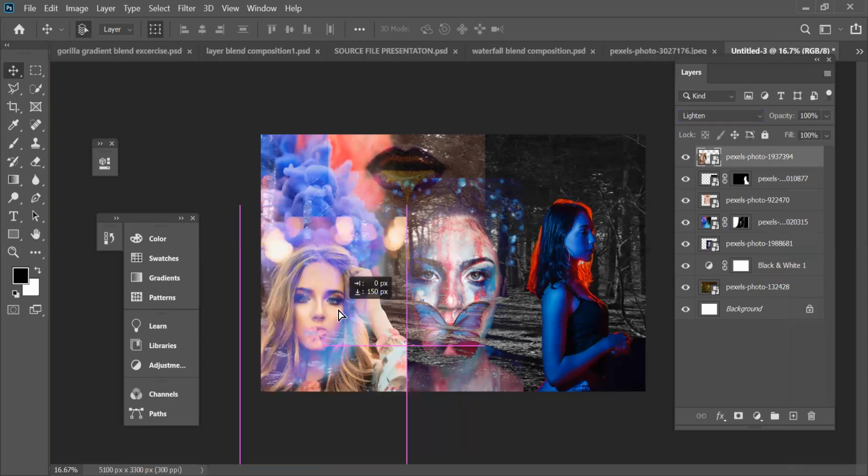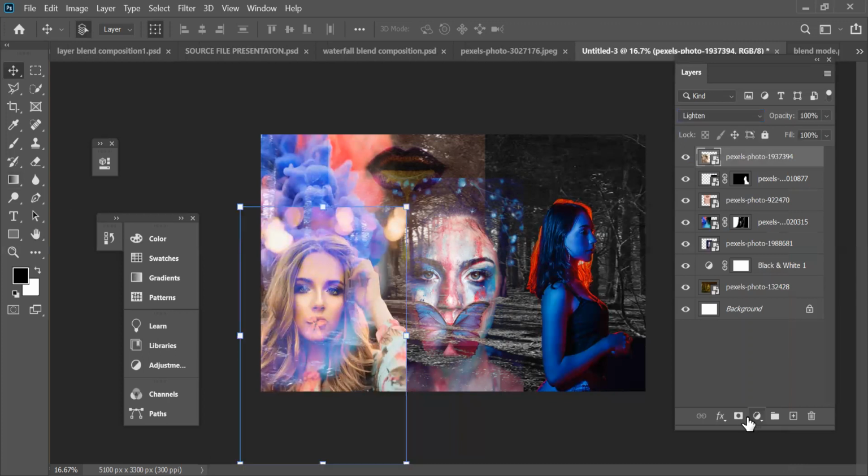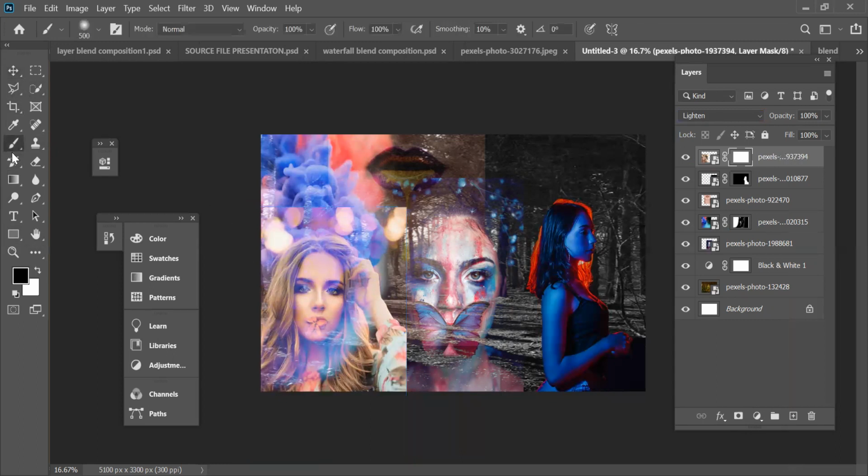Okay, and I'll just push it over here. And I can use the masking again to remove the areas that I don't want. Maybe the hand also I don't want so much. I only want the face of the lady.